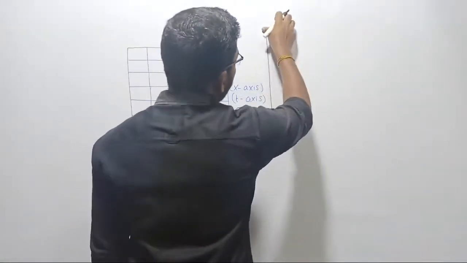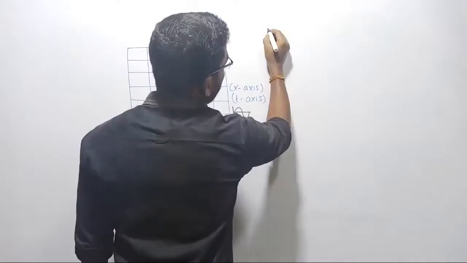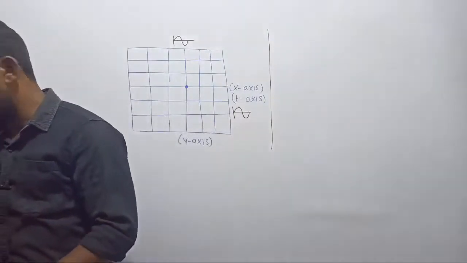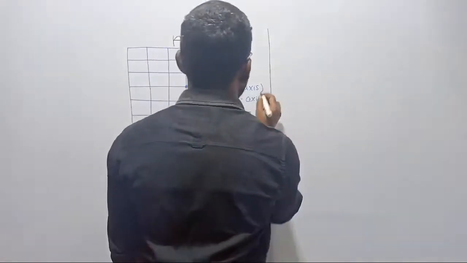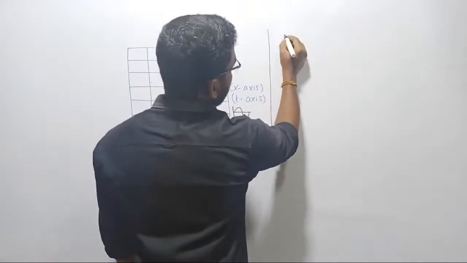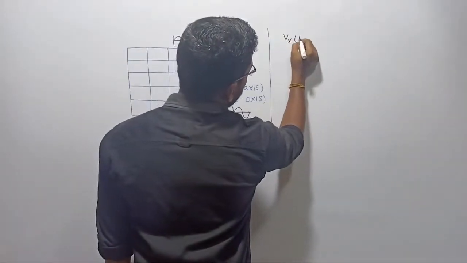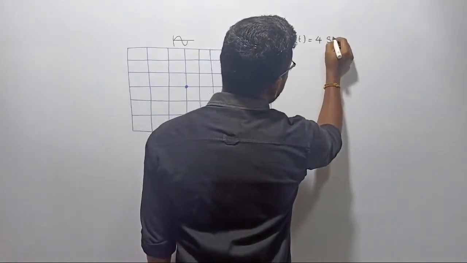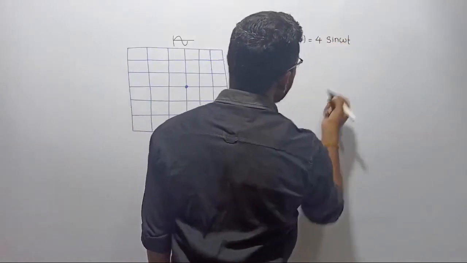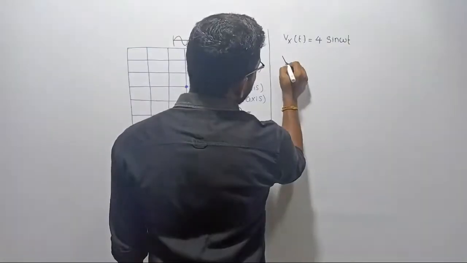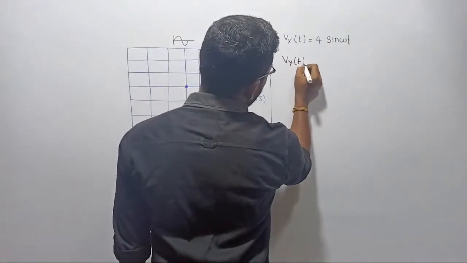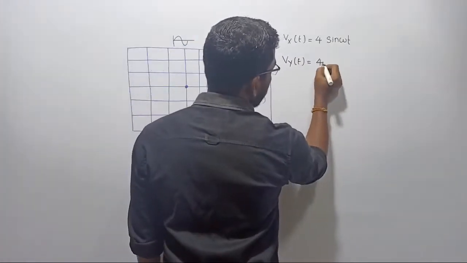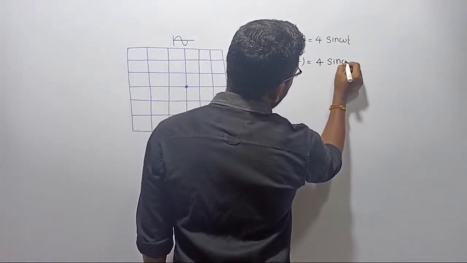Let me consider different values, and let us see how to plot all these things. Closely observe what I am going to do here. Let us take an example: in the x-axis we are applying an instantaneous signal Vx(t). Let me simply call that value 4 sin omega t. And in the y-axis also we are going to pass a signal. In the y-axis, let me pass the same signal, 4 sin omega t.